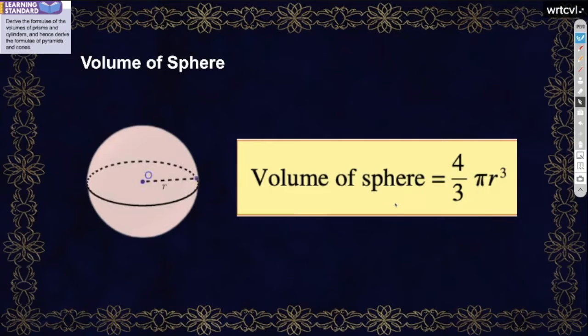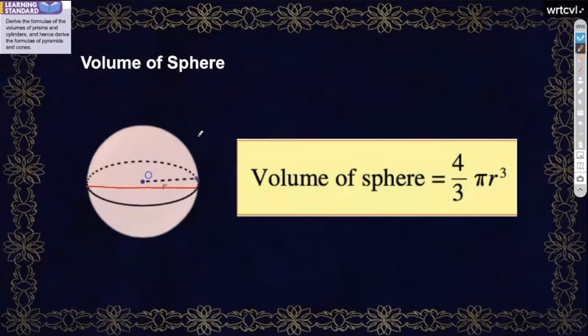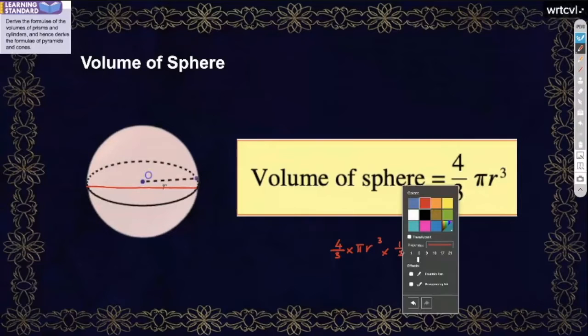If I ask, how about the volume of hemisphere? It is only half of the sphere. If the formula is for the whole sphere and we have half, does anybody know what the volume of hemisphere is? If it is 1/2, we have to use what? 4/3 times pi times r cube. Then we have half only, so we have to divide it by 2, which means multiply by 1/2. You can divide, or you can do 4/3 times 1/2. So you get, oops.